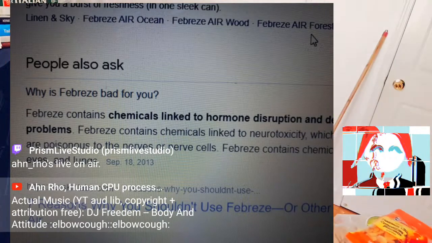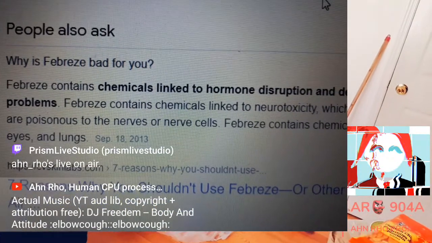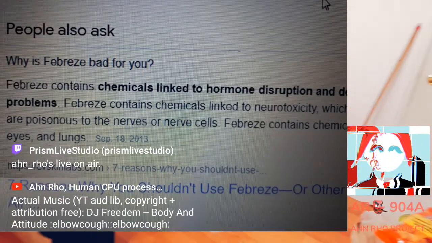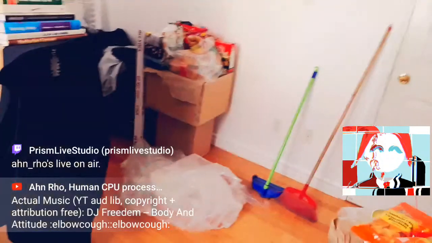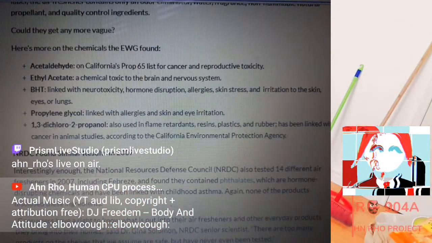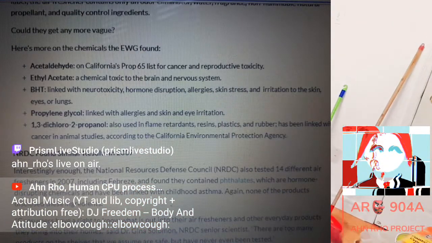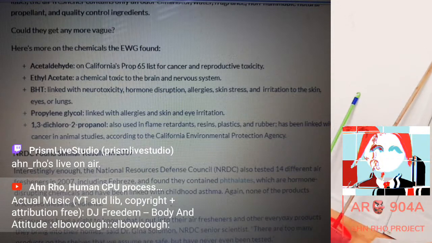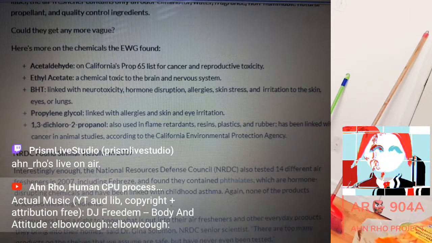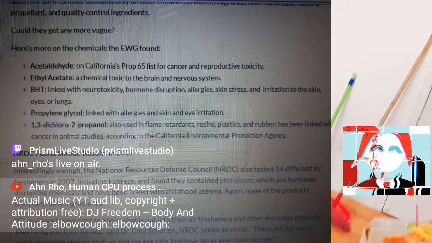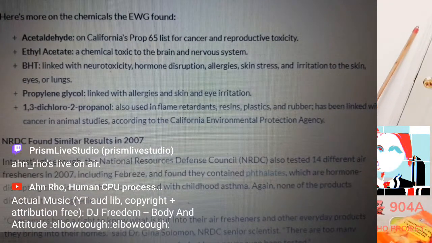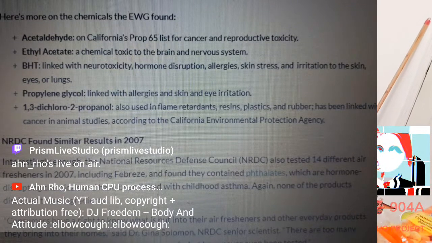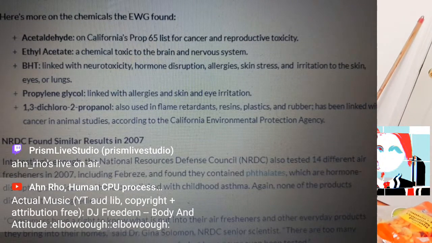And so I wanted to ask some other questions, like, why is it bad for you? What are the benefits? What are the risks? And it does contain certain chemicals. It says hormone disruption, and so on and so forth, based off of certain reviews in 2009 and 2007 from, I suppose, third-party independent organizations. One you can see here, for example, is acetaldehyde, ethyl acetate, all these, DHT, liquid neurotoxicity, hormone